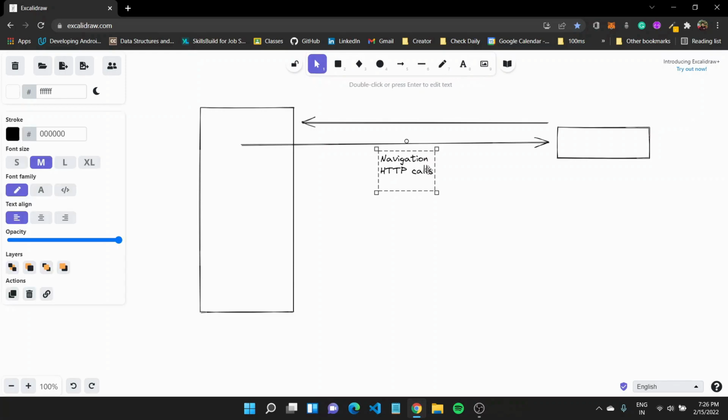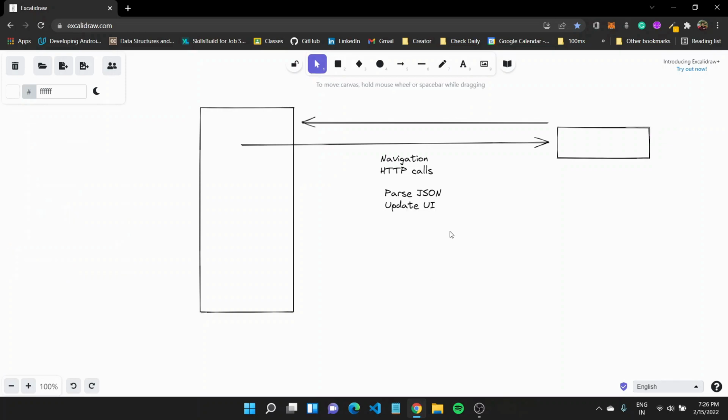So we also want to see, after we get this data, how we can parse the JSON in Flutter and use the data that we get to update the UI. We'll also build a beautiful application, which means we'll be working with more UI components and try to make it better. Now, this would all be covered in this module, and it will prepare you for working on real world